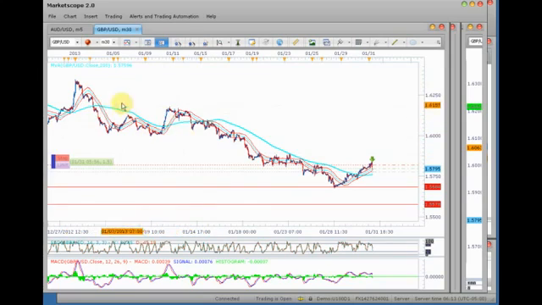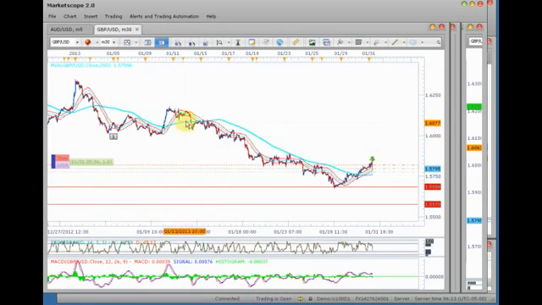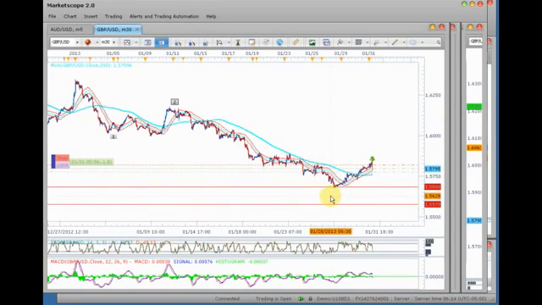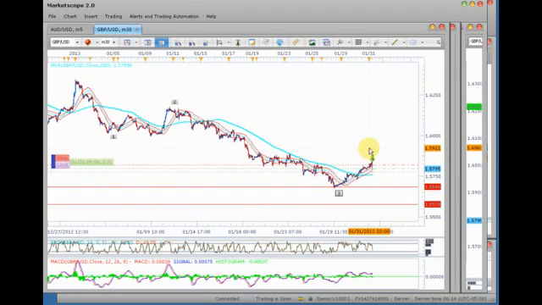Okay, so we have our decline, our 1, 2, 3. 3 is never the shortest wave. 4 is a correction against the trend, and we look for a 5 extension, and usually wave 5 is equivalent to wave 1. So if I can label it out, if this is our 1 and 2 and the big 3, and our retrace is 4,